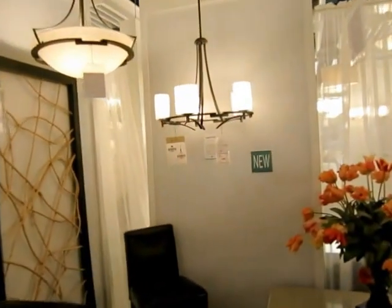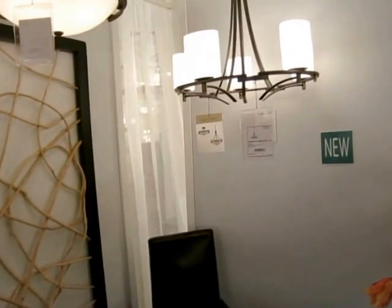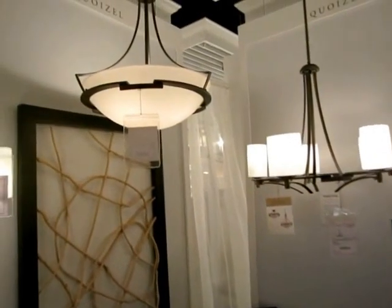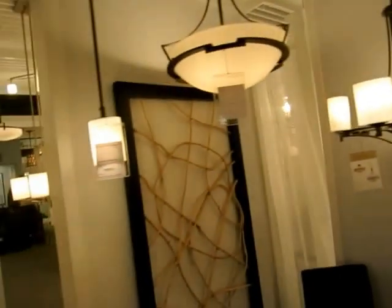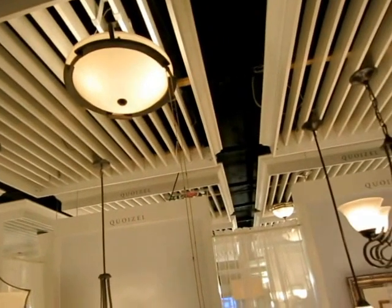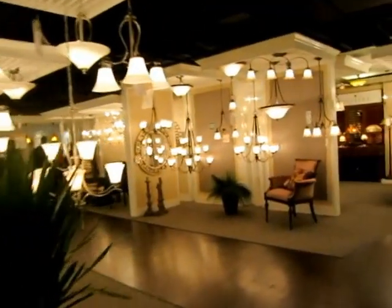A little bit more contemporary approach with the Parkston Collection. Also a small group of 4 pieces. Got a pendant, 5-light, mini pendant, and semi-flush mount up here. And so that's all new for the market. Some of the other new products